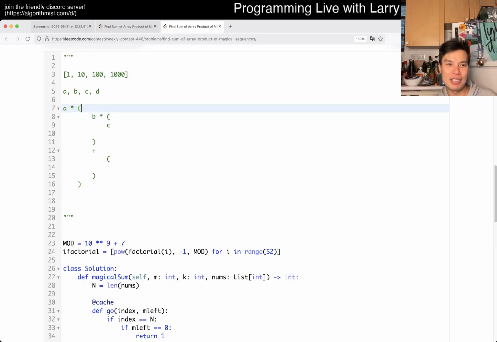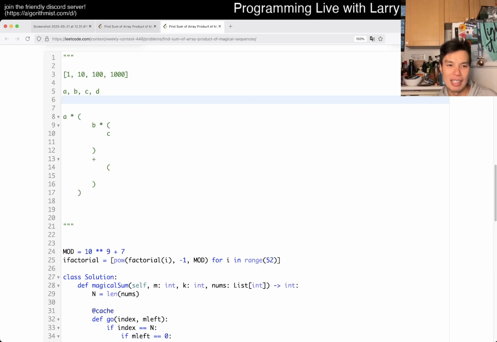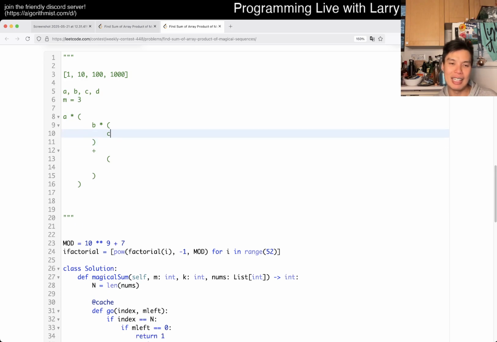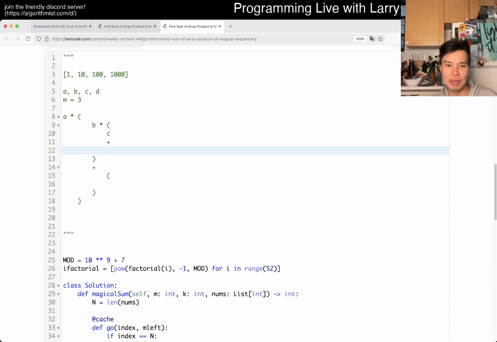Let's say that you have A, B, C, D, and M is equal to 3. Then it's going to be A times B times C in this thing, and then this C is technically a skip. And then now this will go to D. Something like that, if you want, and this is C times 1 times 1, and then now this is plus, right? This is skipping B, so it's going to be C times